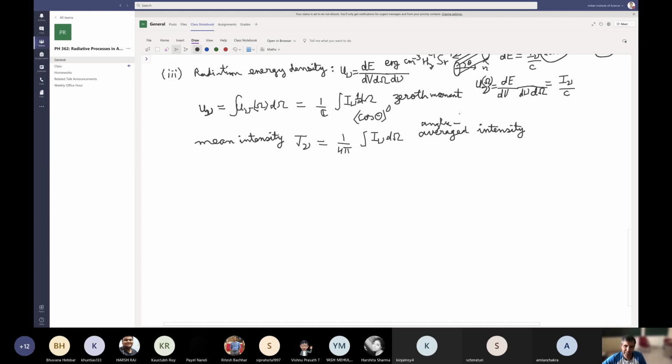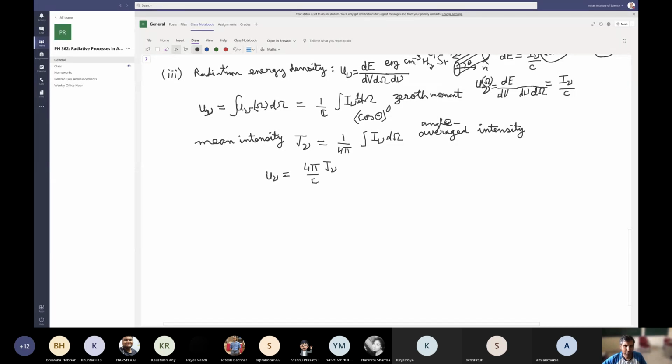This is basically angle averaged intensity. This is called mean intensity. So you can actually see that this object, which is U nu, radiation energy density, is closely related to this. So U nu is nothing but 4 pi J nu